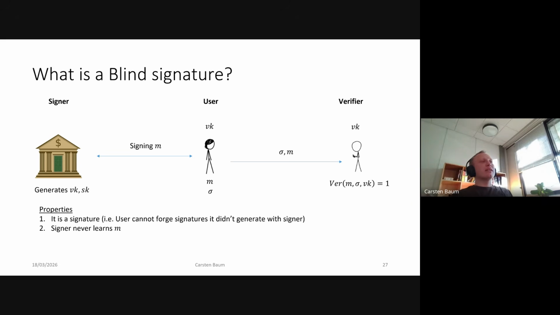Okay, those are blind signatures. These are signatures, but with a little more, one could say. And one thing that I also have to throw in: if you want to build a digital identity scheme that is privacy preserving, also called anonymous credentials, you usually start by building a blind signature, and then you extend it to an anonymous credential. So building a blind signature is also the starting point of building a full-blown digital identity system.